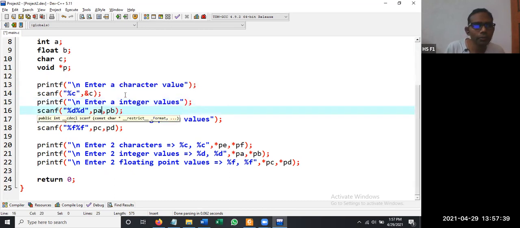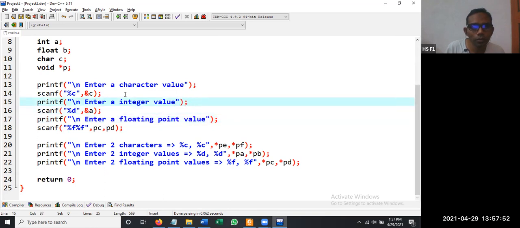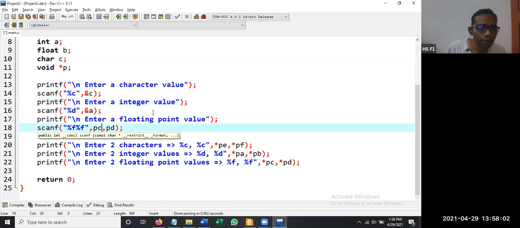Enter an integer value, %d, &a. Then enter a floating point value. So that is %f, ampersand b.